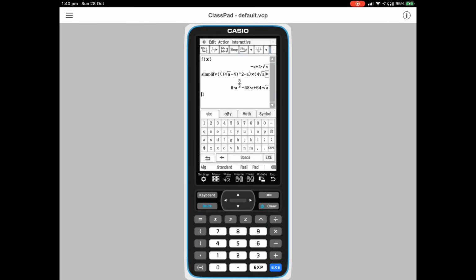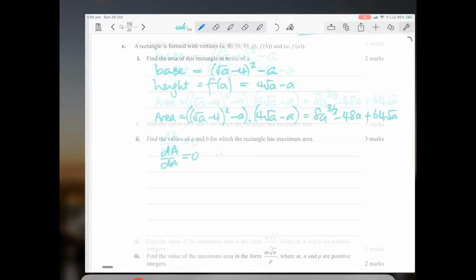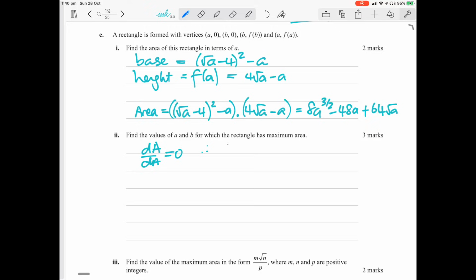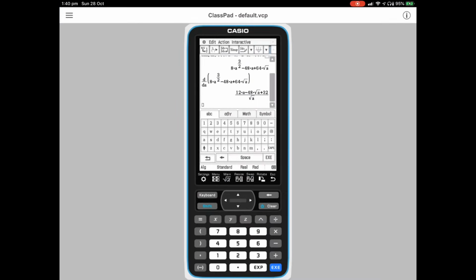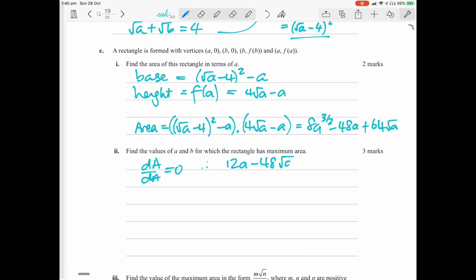If we derive that with respect to A, I don't know that I get this done in time. 12A minus 48 root A plus 32 on root A equals 0. Therefore, A equals